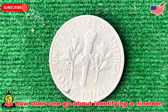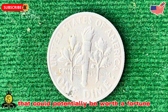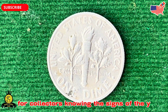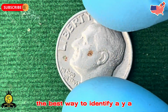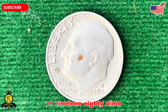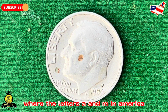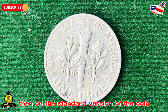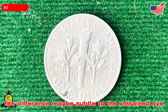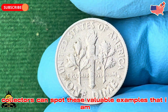So, how does one go about identifying a 1980 dime that could potentially be worth a fortune? For collectors, knowing the signs of the wide AM error is essential. The best way to identify a wide AM 1980 dime is to carefully examine the reverse side of the coin, where the letters A and M in America are separated by a wider gap than on the standard version of the coin. The difference may be subtle to the untrained eye, but with practice and attention to detail, collectors can